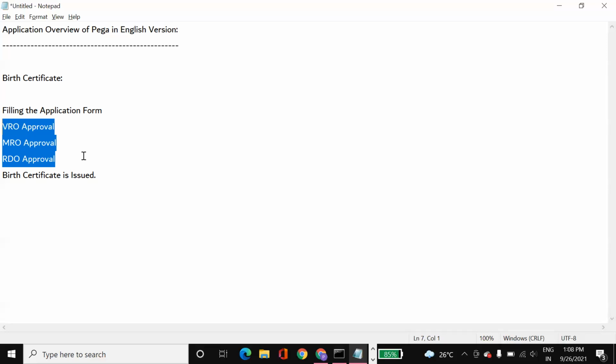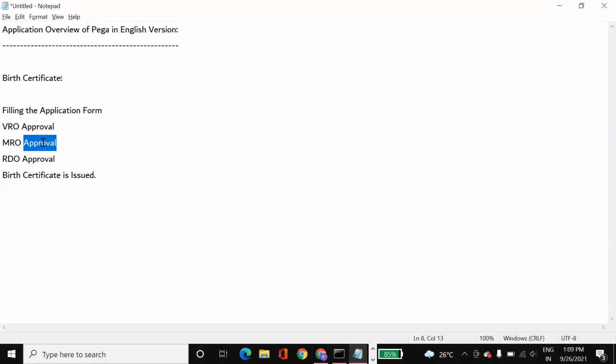And also it's difficult for the citizen. The citizen has to fill the form and he has to go to this office and this office and this office. He has to rotate, he has to go every time to the office and check the status of the application. So it's very difficult for the citizen to track the application, and it takes a lot of time, and it's complex. It's not flexible for the citizen.